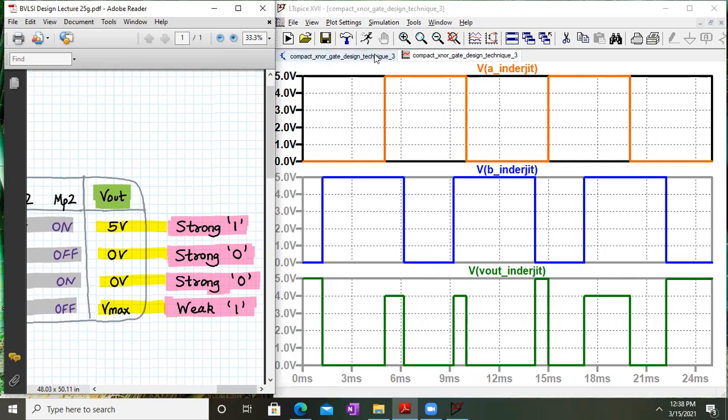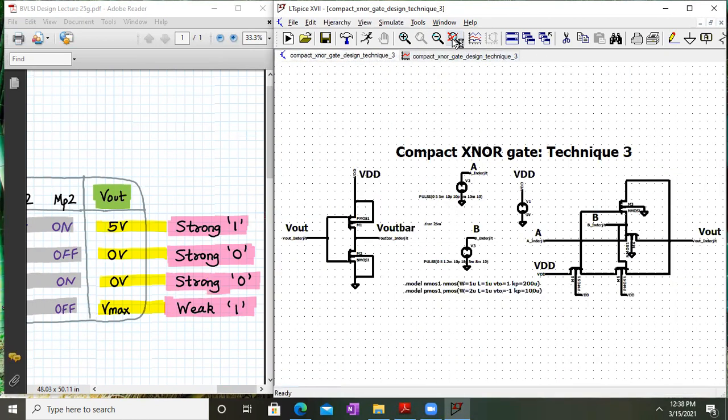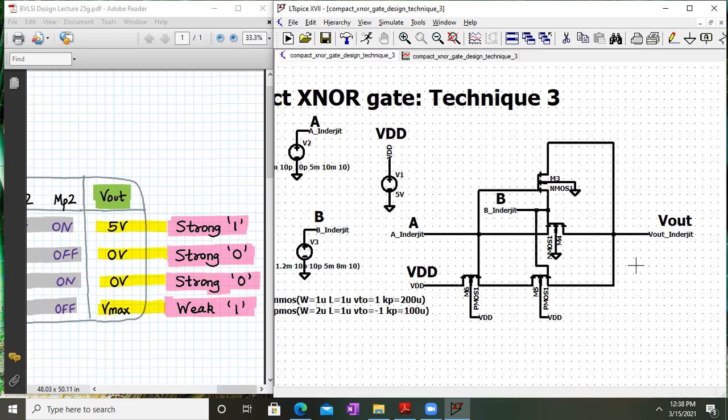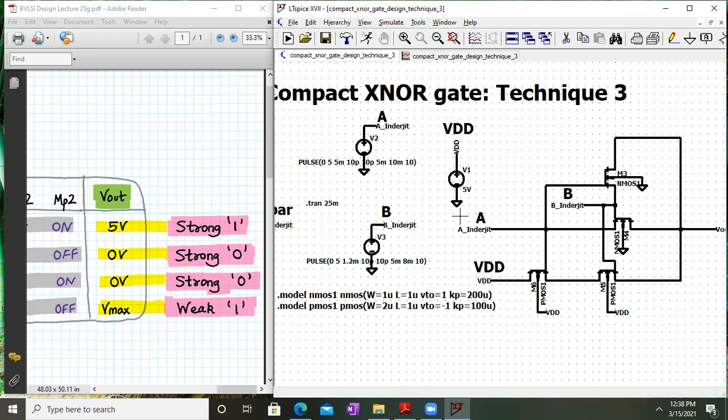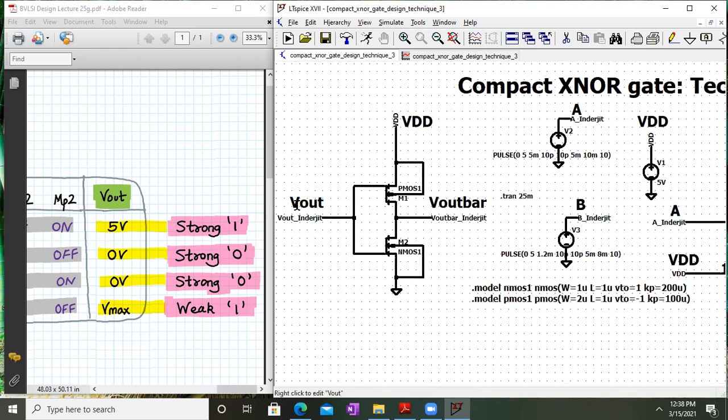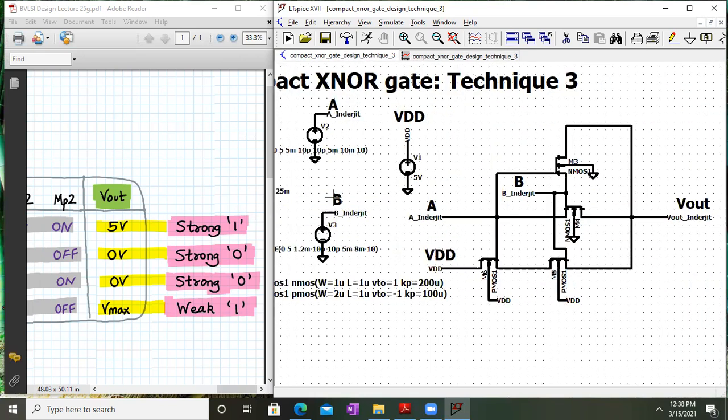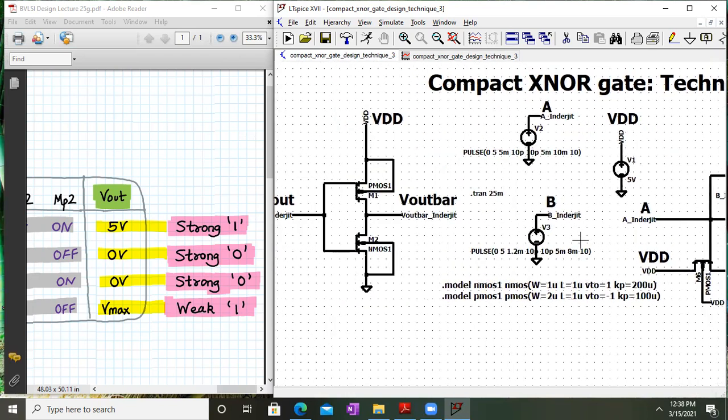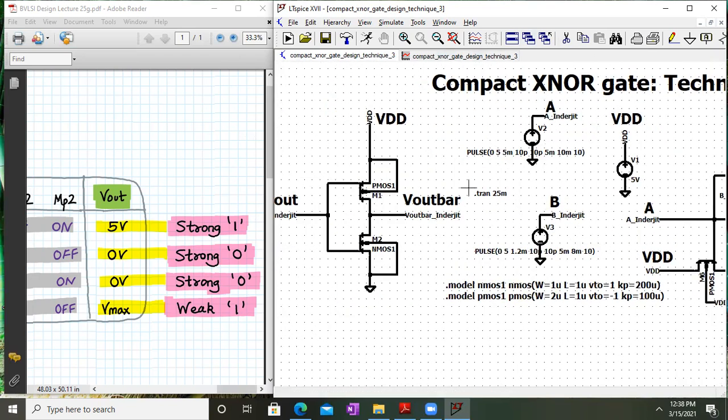So to overcome this drawback, what we do is we connect another CMOS inverter at the output of this circuit. So here is my CMOS inverter. I've connected V out to it as the input, and V out bar will be the output. So what will be the advantage? The output voltage swing will now be full, and there will be no loss of any logic level. But at the same time, the functionality of the circuit will change. By connecting a CMOS inverter at the output, the functionality which was originally XNOR will become XOR now.